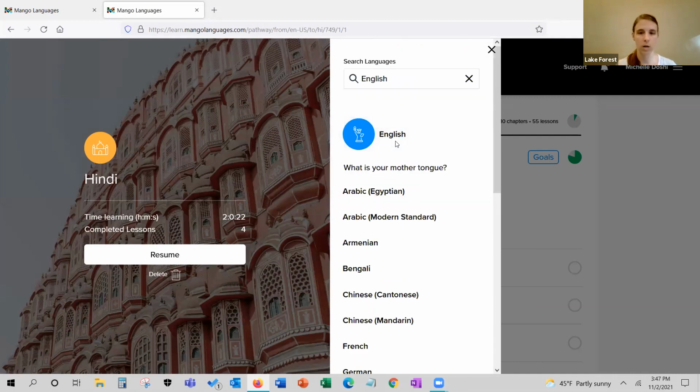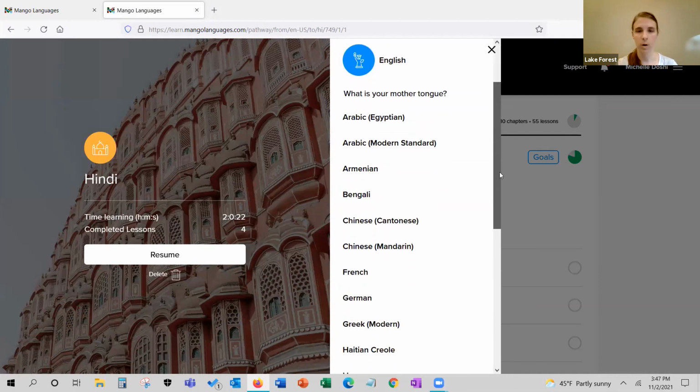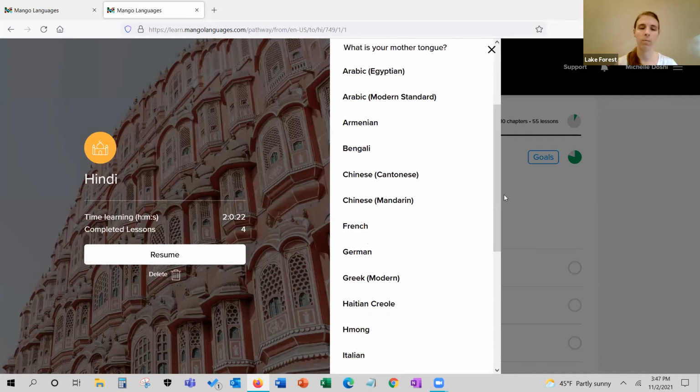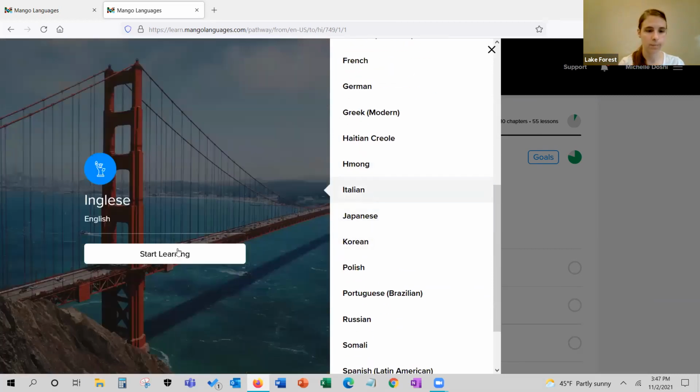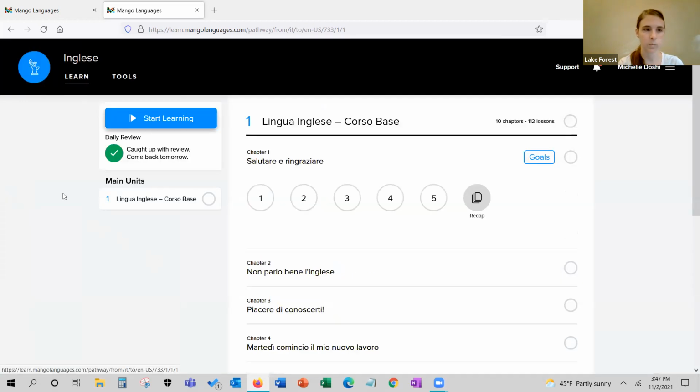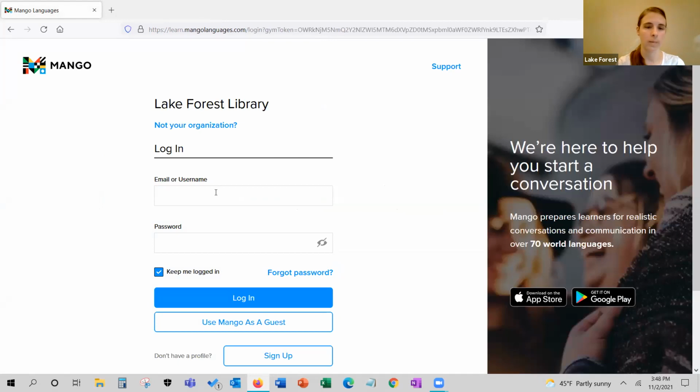If you're interested in learning English as a second language, and you don't know the written language yet, you might need someone to help you get to this part of it. But you're all here, so I assume you don't have a problem with reading English, of course. This is just in case you know someone. You can choose a language to learn English in. So if you ever hear someone say they want to learn English,